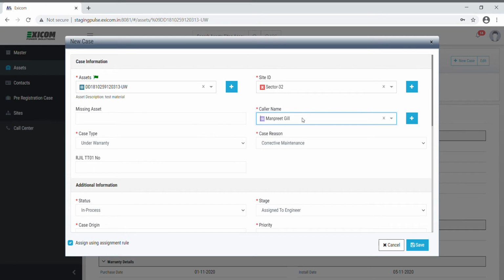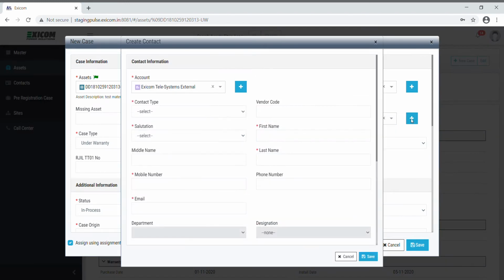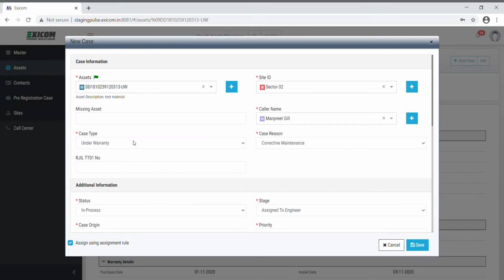If by any chance caller's name is not available in the list, we can create it from the same window by clicking plus sign, which will redirect into a new page on which, after putting all the required information, we can create new contact. Next is the case type, which will come automatically and is dependent on the asset warranty